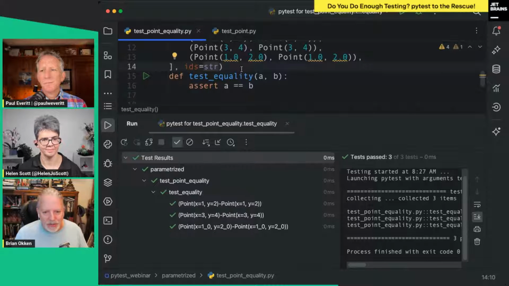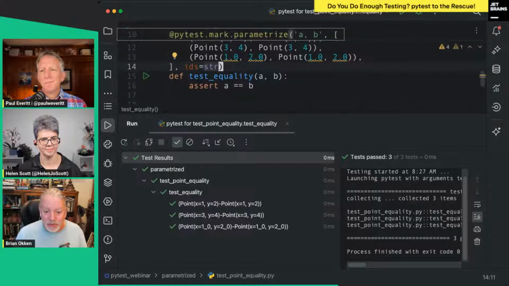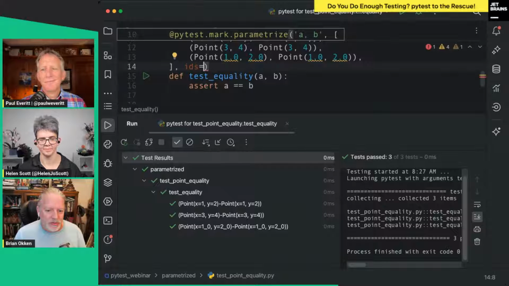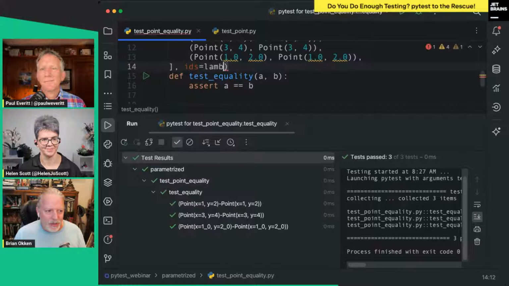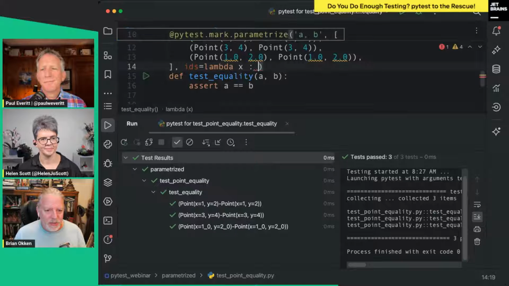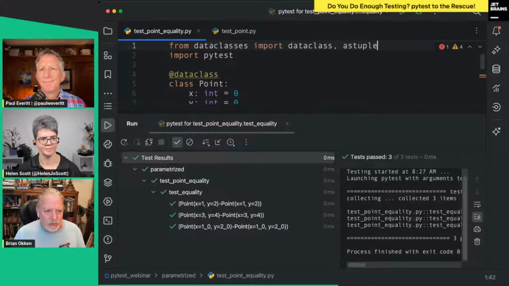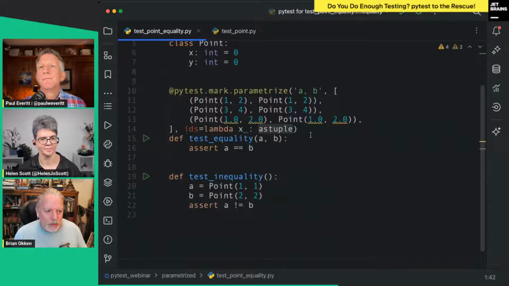If I take an object and I get a string, maybe I want to turn it into a tuple. We just learned about that, right? So instead of str, let's give it a lambda function. That's fun. Lambda, given an x, I'm going to run as_tuple on it, and then I want to turn that into a string.